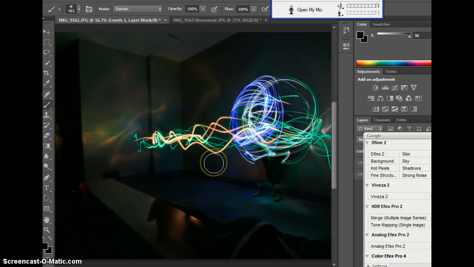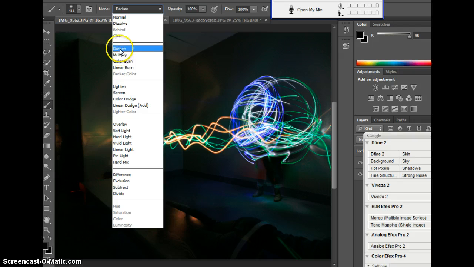So if this is my original, let's say I want to make everything else black except for maybe, is this Kia's feet? Maybe Kia's feet and maybe what she's doing. And I didn't want to just do a wholesale adjustment. There's a couple ways you can do it. So you could go to your brush tool, which is one, and if you click on darken, these are all your options,